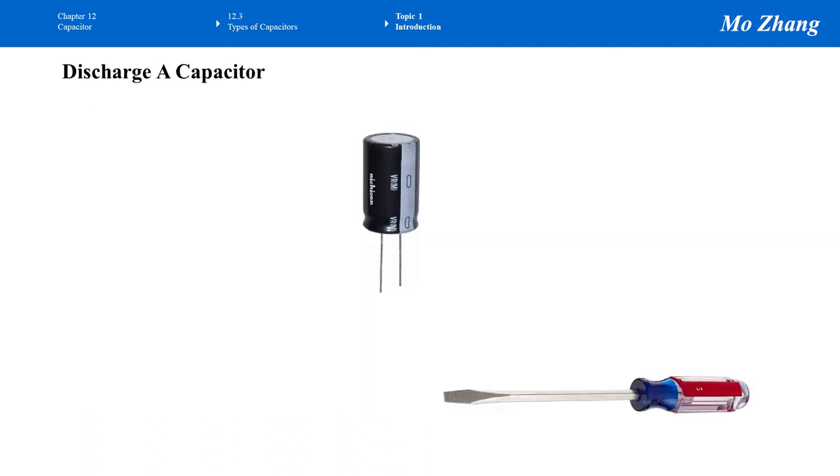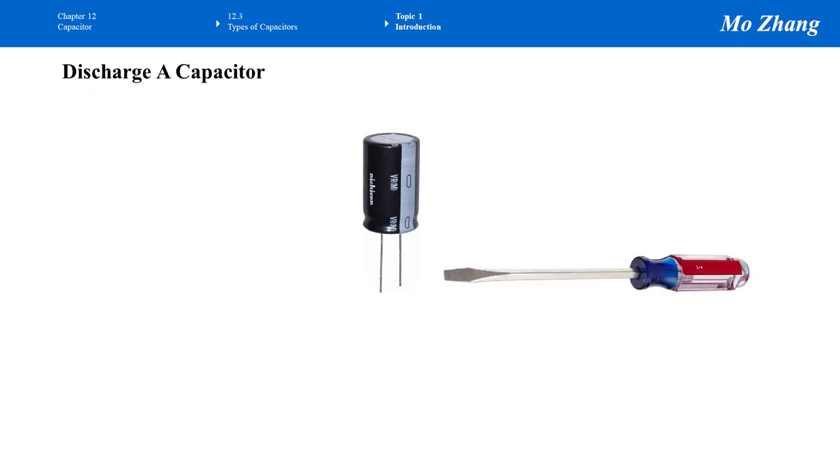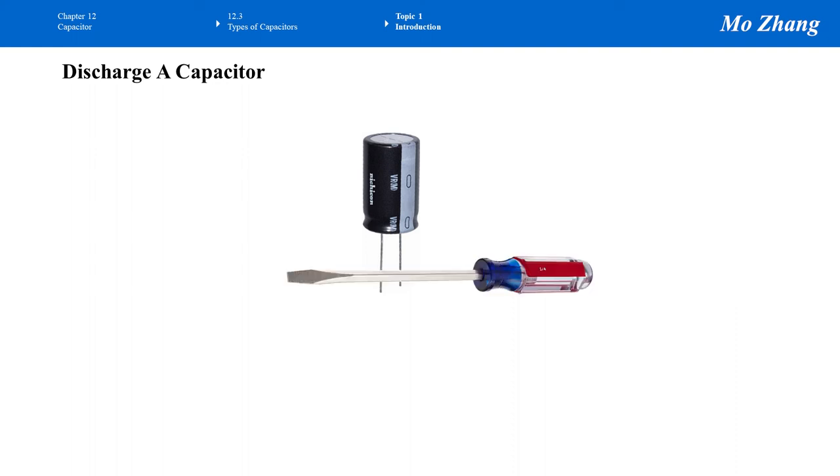Before measuring the capacitance of the capacitor or putting it into the circuit, we need to discharge the capacitor. This is how we discharge a capacitor. Just grab a screwdriver and then connect the screwdriver's metal piece to both legs of the capacitor. If this capacitor still stores some charges, these charges will be released